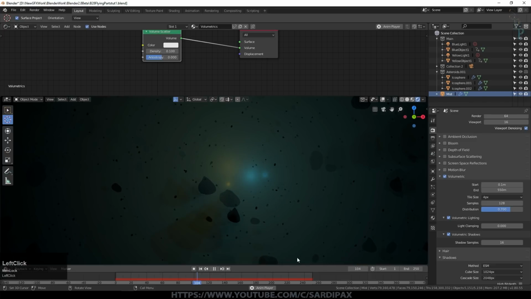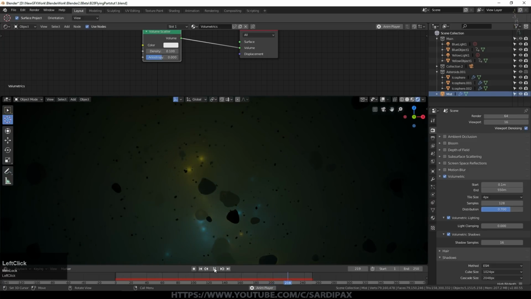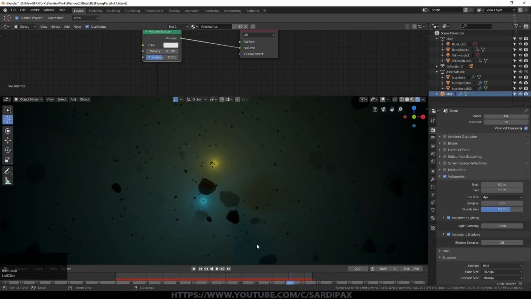And I can even press play, and it's a little slow, partly because I haven't baked anything, but you can see we are getting some effects. These little dots being left, that actually is an artifact of the way that volumetrics is being calculated in preview mode. They aren't there when you do the full up render, but at least it does give you an idea of how things are going to work. And as soon as you press stop, it will create a slightly better version of the render that's much closer to what the final render will be, if not exactly the same.